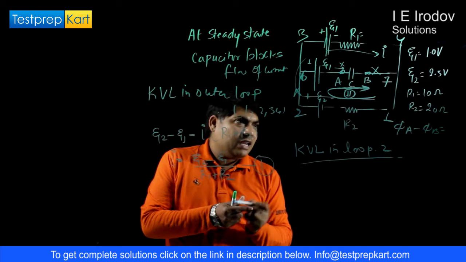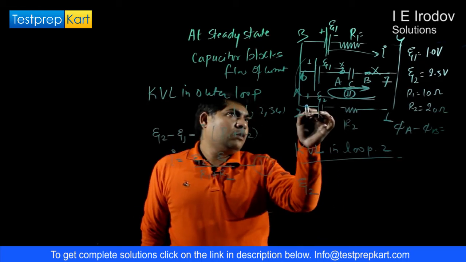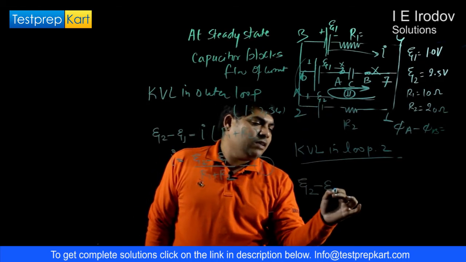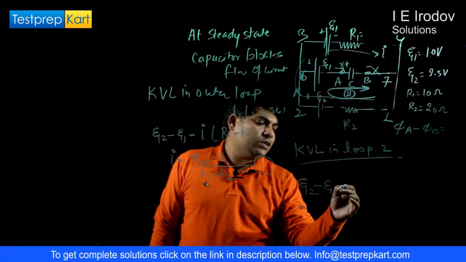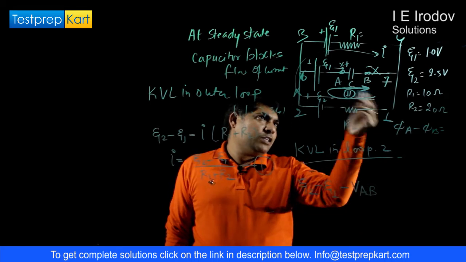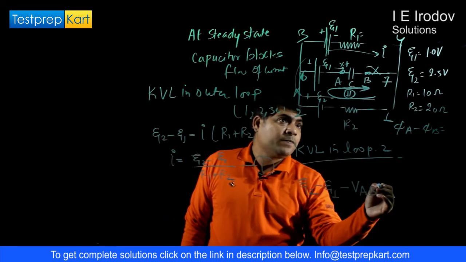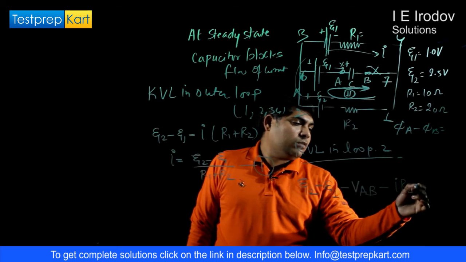This KVL will give us E2 minus E1. I am assuming this potential is higher and this one is lower. So minus VAB, the potential difference between terminal A and B, and definitely minus I into R2,